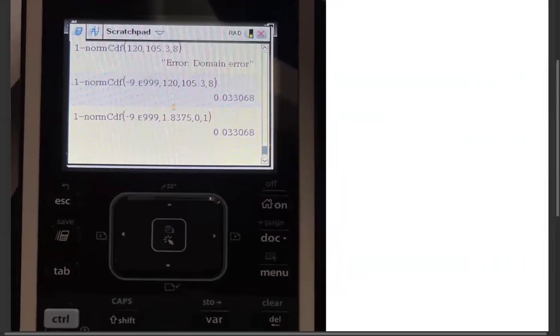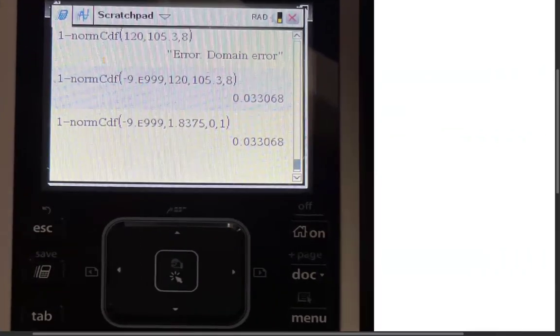So to just kind of show you when you put things in the calculator, the professor has already gone through the steps of how to do it, but just to kind of show you, this first example here, norm CDF, only has 3 values. I didn't put the lower bound here, so I should have inputted 4 values, but there's only 3, so it gave me an error. So when you do it correctly, and this is for part A,